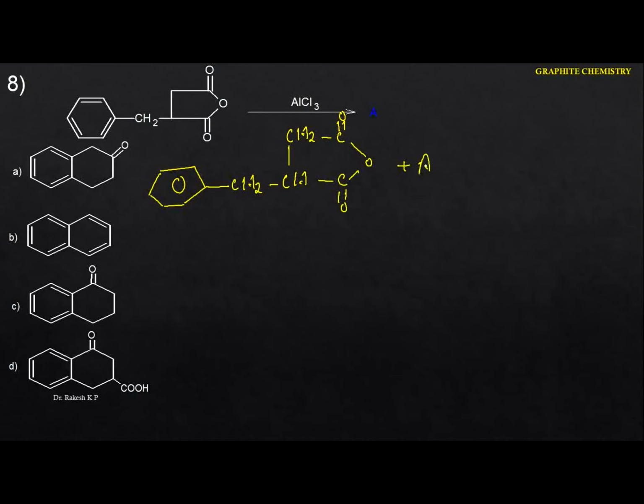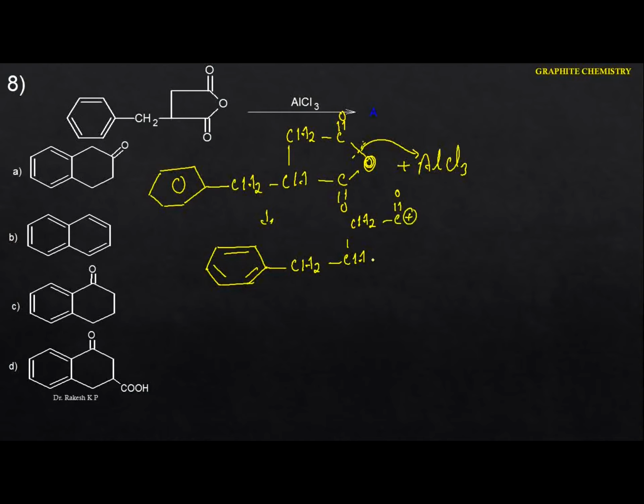We know that aluminium chloride acts as a Lewis acid. So this bond, maybe here or maybe here, breaks and donates electrons towards the aluminium chloride. Now see the intermediate you are going to get. I'm going to write it here. This is the benzene ring, and I'm going to indicate the alternate single and double bonds. This is a double bond. CH2, this is the CH. Now in this case we got the electrophile, that is the C double bond O plus.